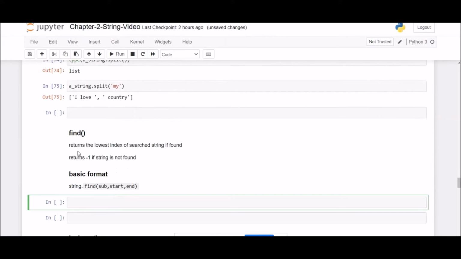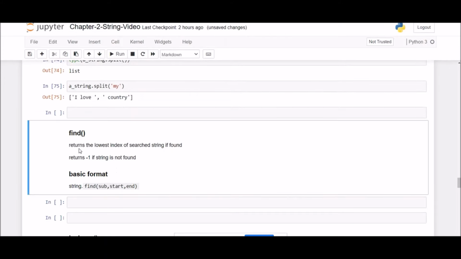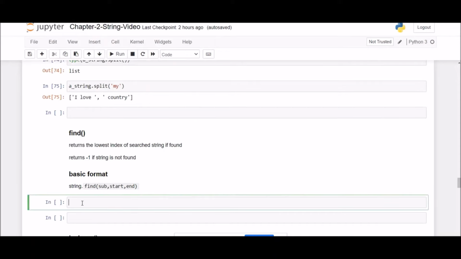Let us move forward and understand another important method, which is find. Now the name itself tells us what would be the function of this method. This method finds the lowest index of any such string you provide.